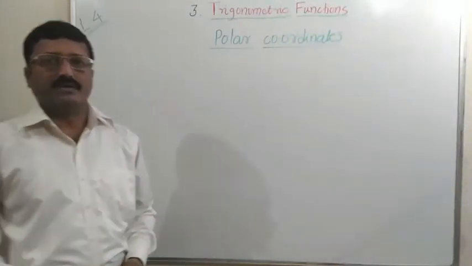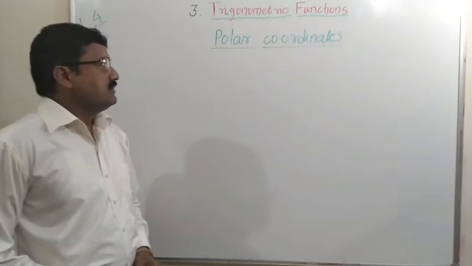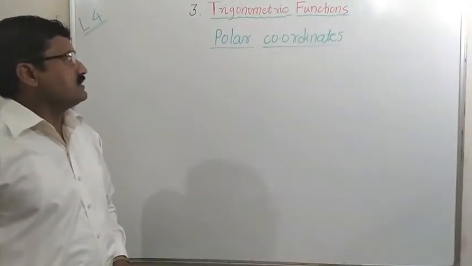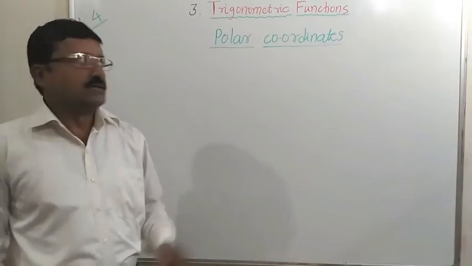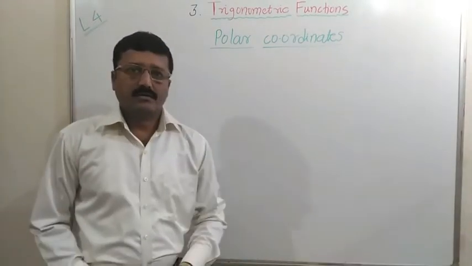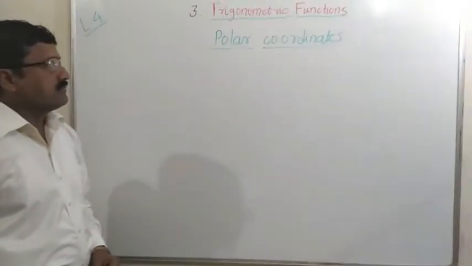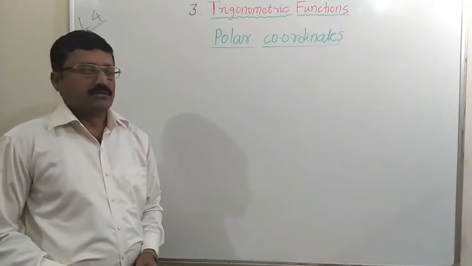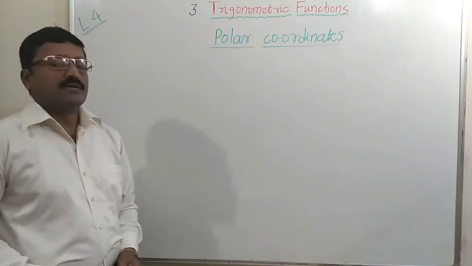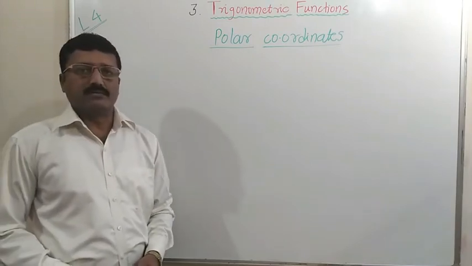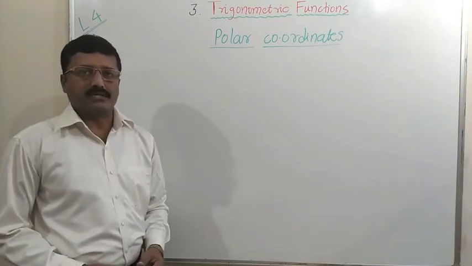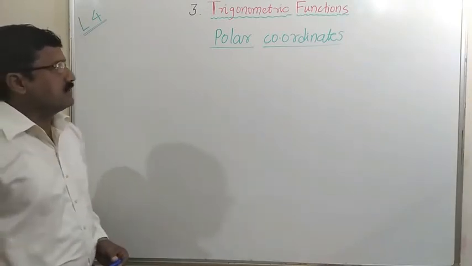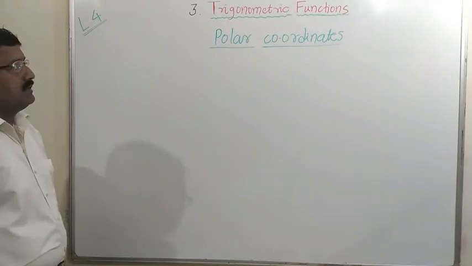In our previous articles, we have learned the general solution and principal solution of trigonometric functions. Now, in this next lecture, we are going to learn the polar coordinates of a point. You know that in our previous classes, we have represented the coordinates or position of any point with the help of Cartesian coordinates. Now, in this lecture, let us see what is meant by polar coordinates.